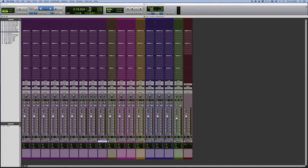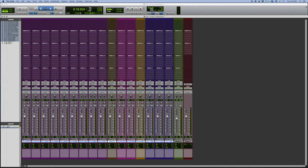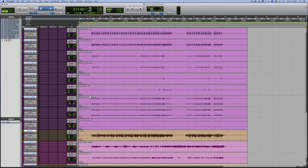Now, next part. I'm going to take all of these drums. I want to actually, before I do that, I'm going to listen to all of these. I'm going to group these, and I'm going to call them all tracks right fast because I want to get rid of that talking at the beginning. The way I'm going to do that, I'm going to find it. I think it's right here. Hey, this is Fruition. Yeah. Okay, and now,